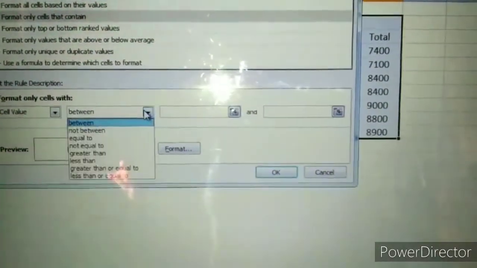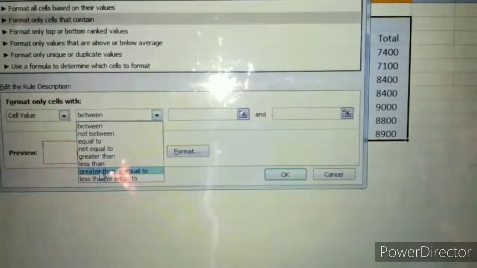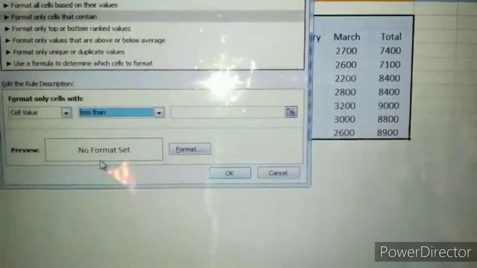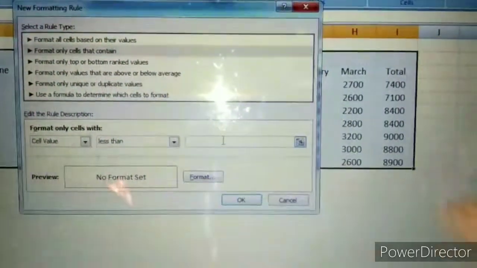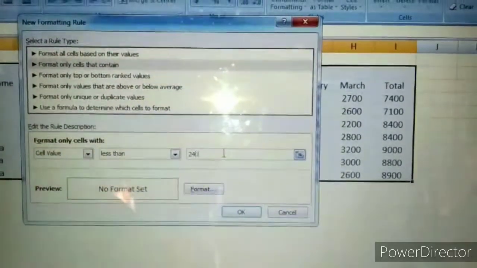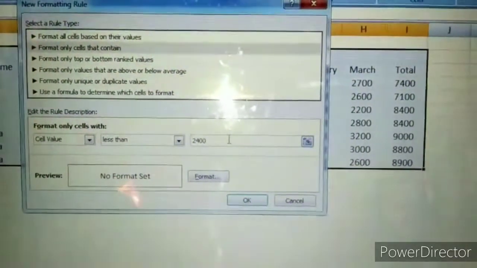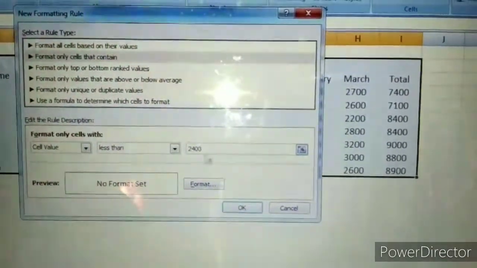You see, in place of between, there is a drop down arrow, so we select less than. When we select less than, only one option is here. In your book 2400 is given, so I also write 2400.